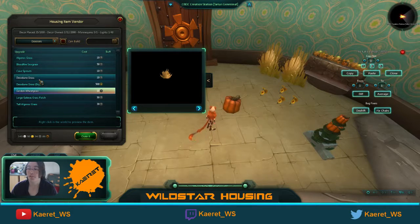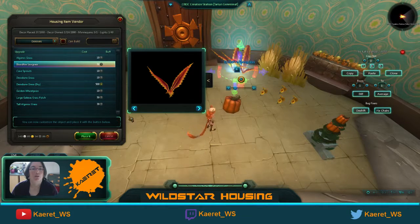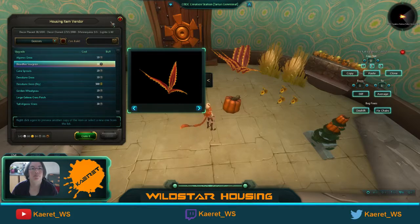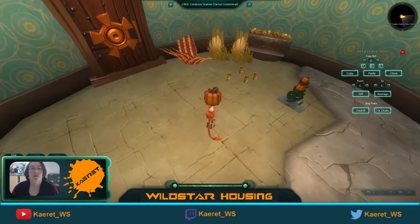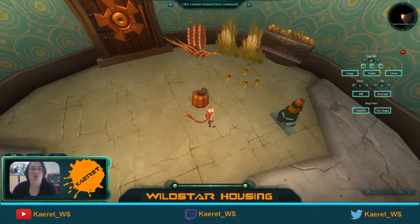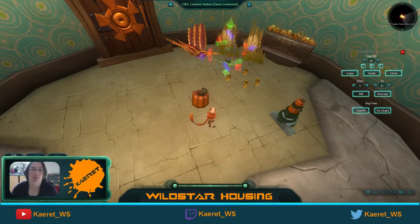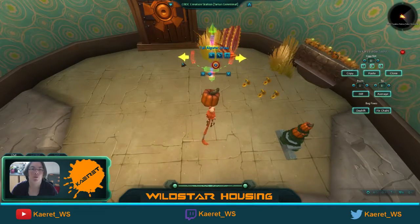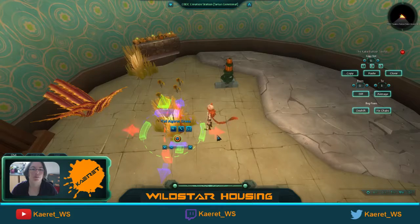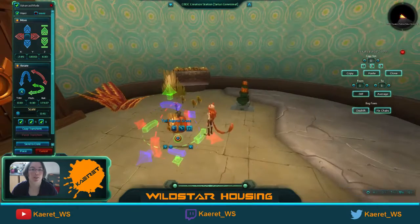Since we already used quite a bit of the golden, could go with some of this. It's got the yellow and the red. Just grab a few of those as well. So usually what I do when I'm trying to do a flower arrangement, I go with the tall stuff in the middle and then surround it with the shorter bits. If that makes sense. I don't know if that's really how a florist actually does that, but that's how I do it, and it tends to work for me. Not always, but